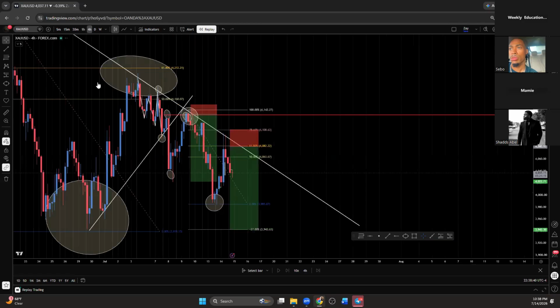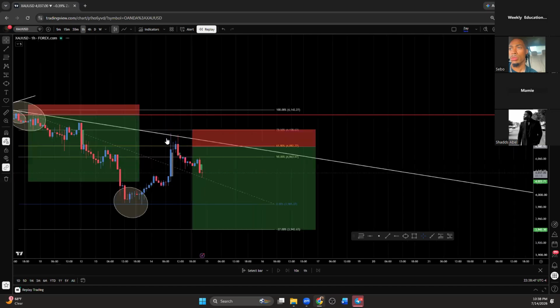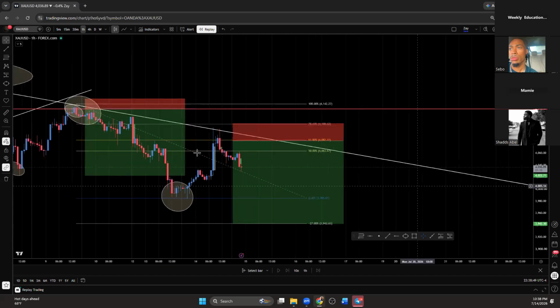Well, we all know that market kind of gave us a gap when the market opened on Sunday. We saw it, right? I'm pretty sure everybody saw it. The market had like a crazy gap somewhere in this area. Market had a gap. We know that. But based off of this, man, same thing applies.